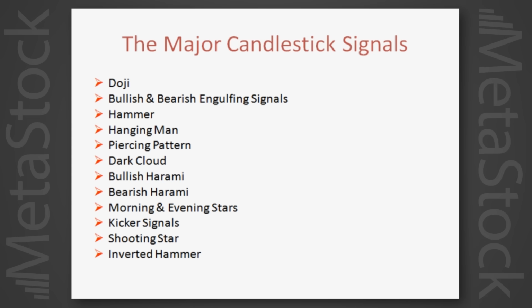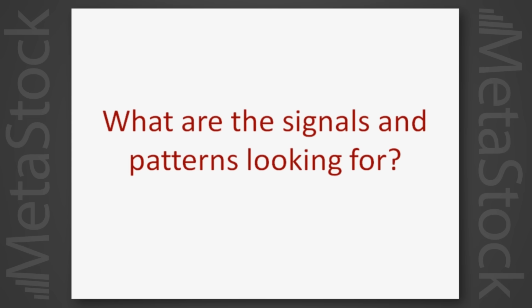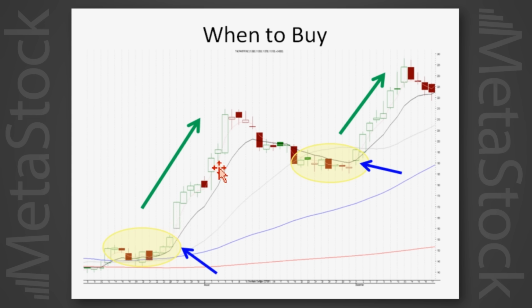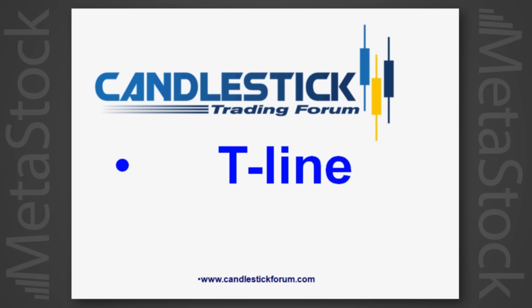So anyways, I usually start out a lot of the presentations saying, what are we looking for in any trading program when we're looking for signals and patterns? We're looking for that big price move, but more importantly, we're looking for what is telling us that that big price move is about ready to occur. And one of the basic functions of not only knowing the candlestick signals, but the T-line, which is the 8 exponential moving average,